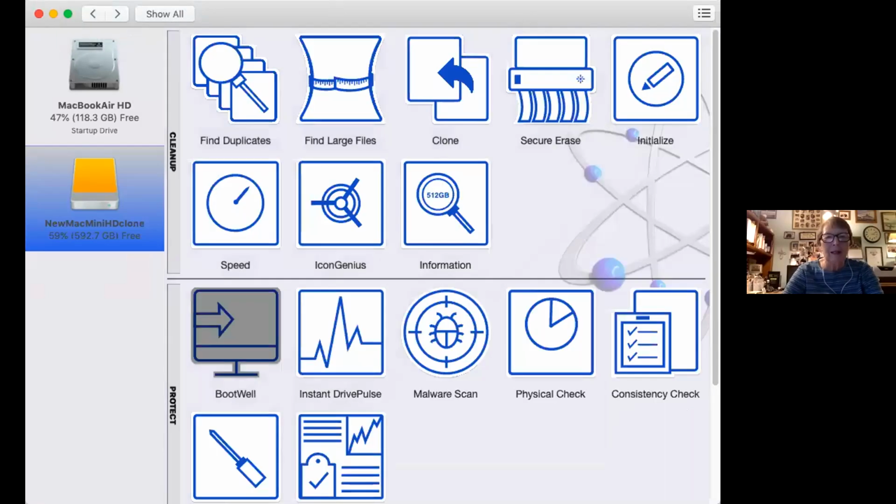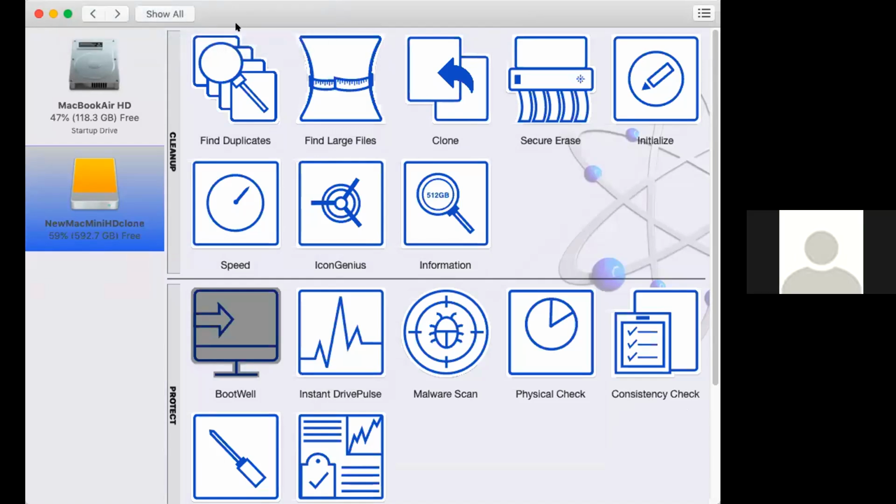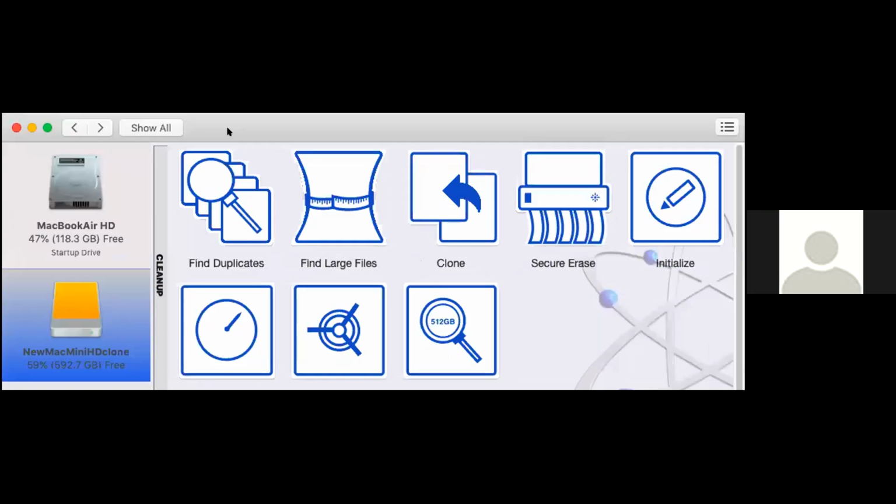No, that just goes back. No, you need to go back to Drive DX. Oh, okay. Save that report. Or just send them a screenshot of the error, and that should be enough for them to go on.